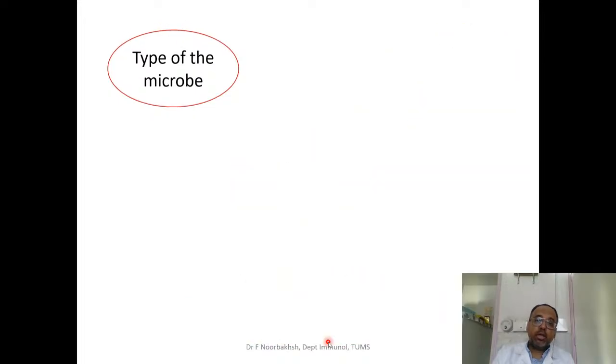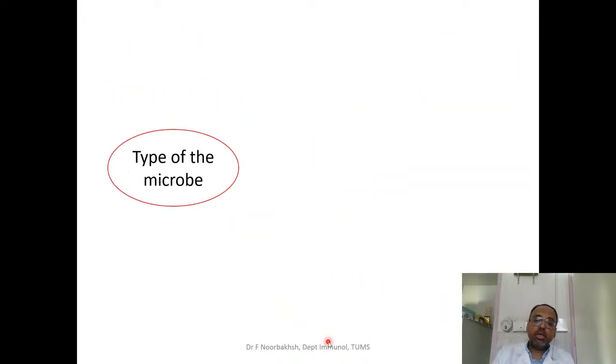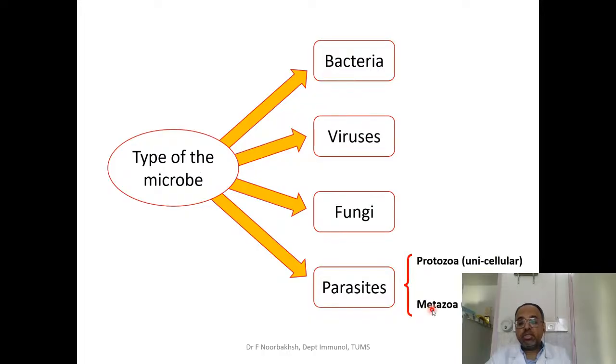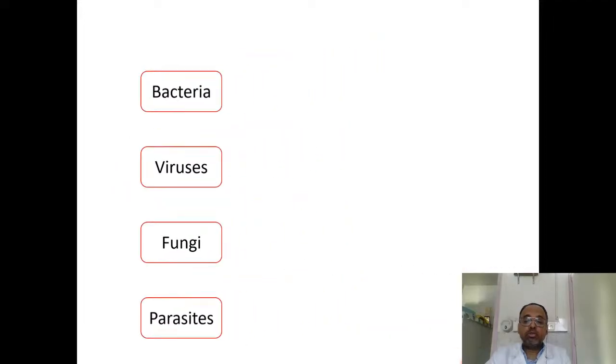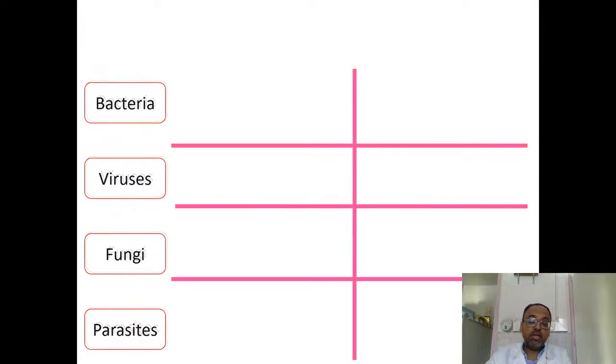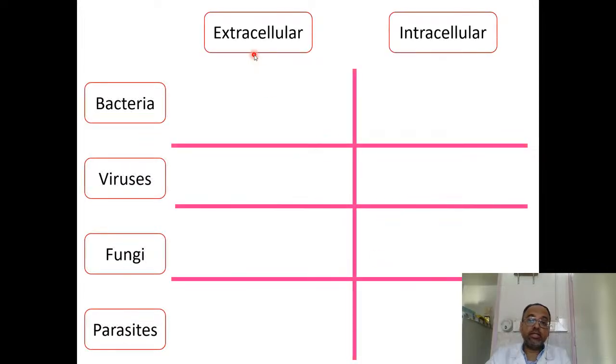So, the way that I want to organize immune responses is to bring the type of microbe in here. We have bacteria, viruses, fungi, and parasites. And by parasites, I mean eukaryotic organisms that can cause disease, like worms or some unicellular organisms. Put these four types of pathogens on the left hand side of the page, and then two localizations, extracellular and intracellular, in here, and make a table to see what we have in here.